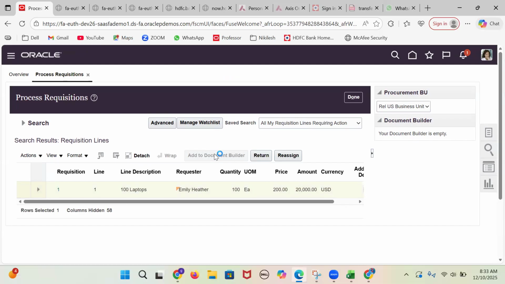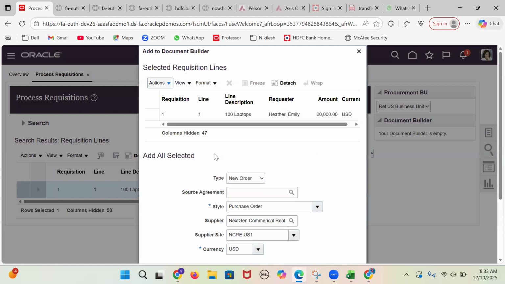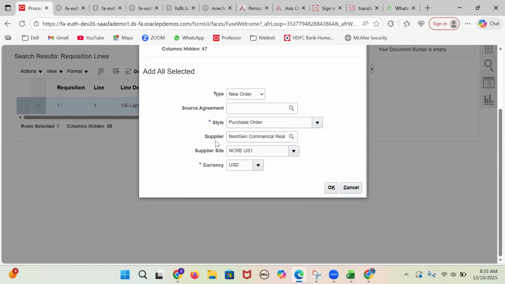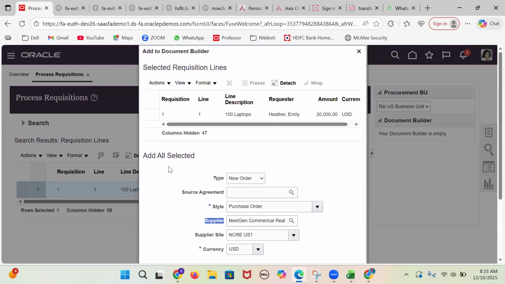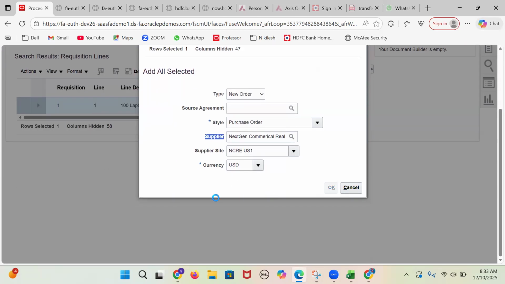Here we are creating a purchase order based on the requisition. The same information we have provided in the requisition will be defaulted to your purchase order. If you wanted to provide a supplier, you can provide the supplier here. Supplier is optional here, but for invoice creation, this supplier is required. So you select this line and you can go to